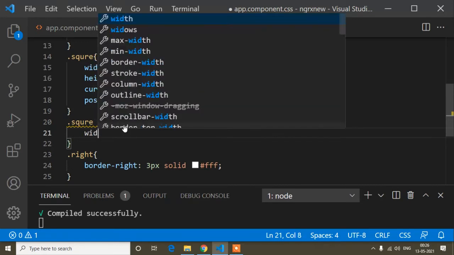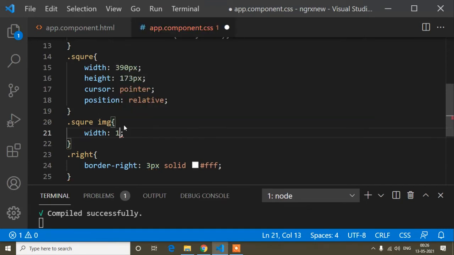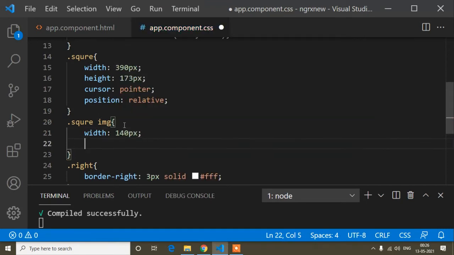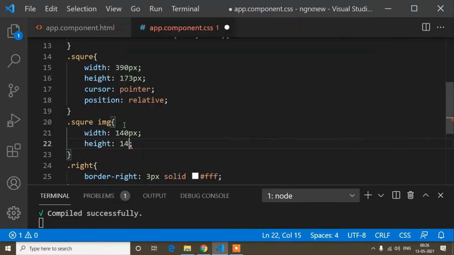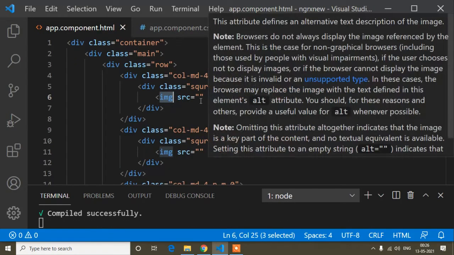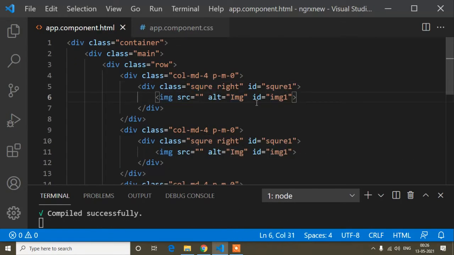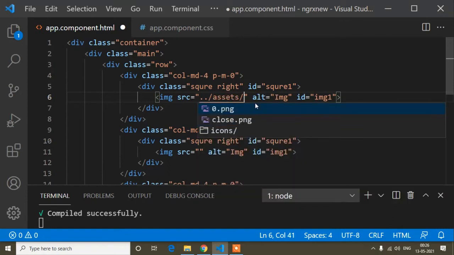So here I will set the width of this image, width is 140 pixel, and height is also 140 pixel. And guys, one thing, just for the first square div I will show the image. So dot slash assets, suppose this close.